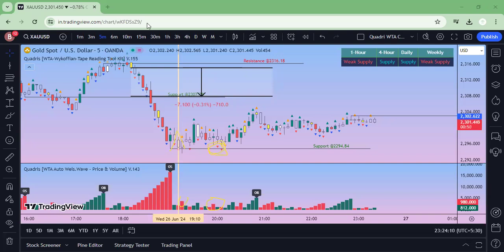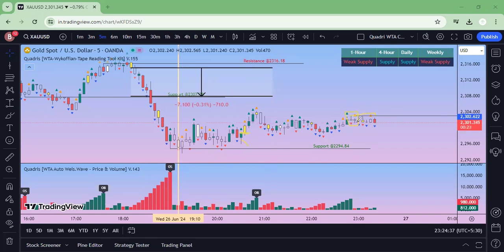position to initiate your buy trade, or this bar is the excellent one which I would have chosen if I would have been trading the market in this particular session or in this particular time. So this would have been my buy, and as soon as I get this resistance plotted, I would